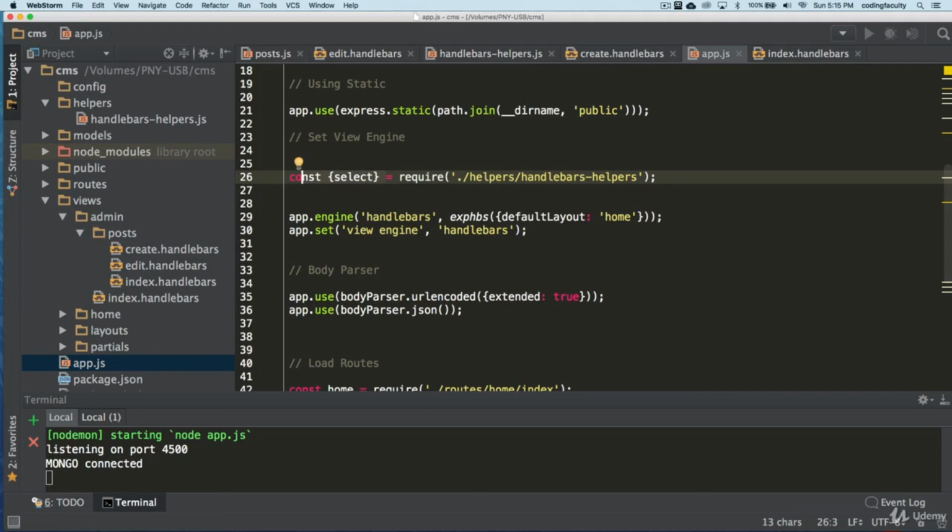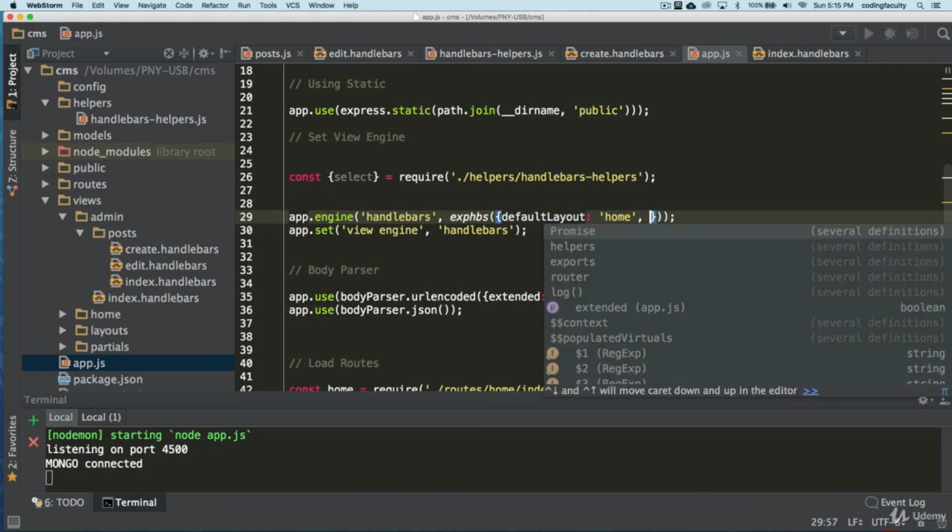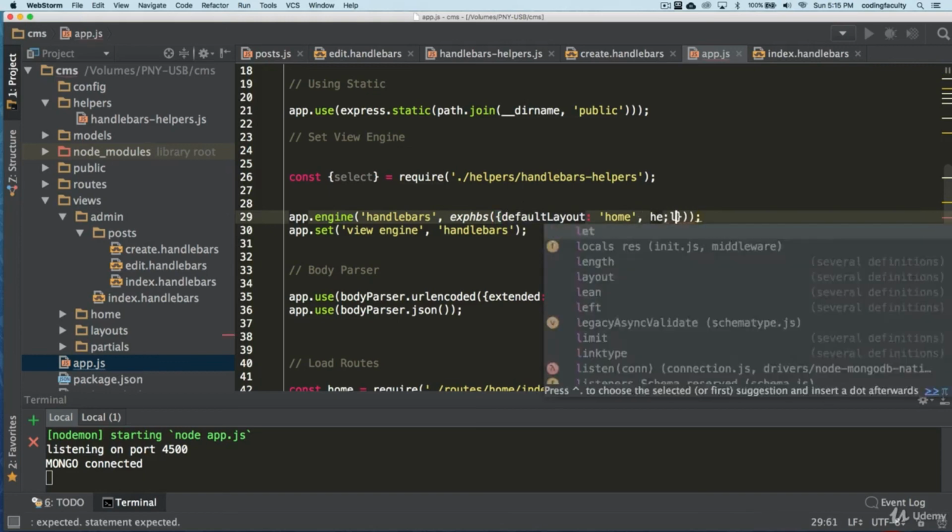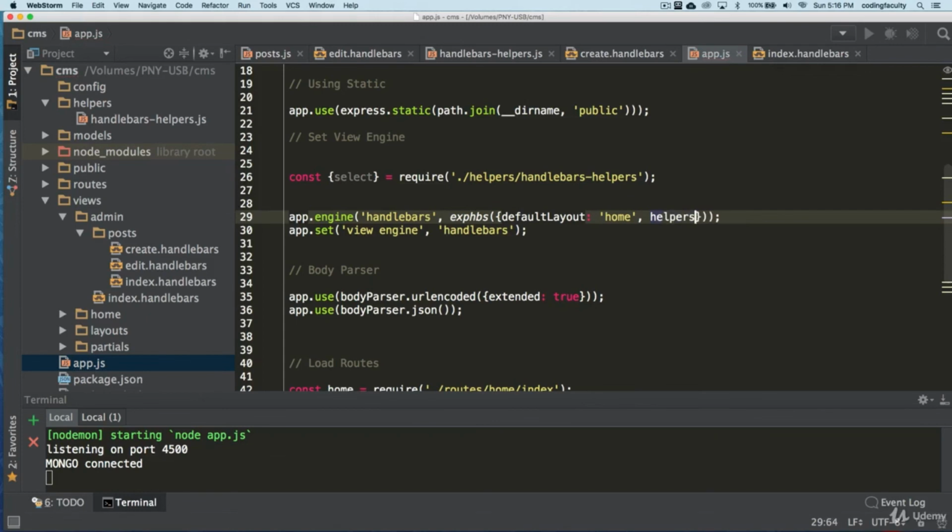So now we need to go and find out where our, oh, right here, express handlebars, where the engine function is. Here we can pass another parameter. We already have a default layout parameter. Let's pass another parameter which has to do with helpers. I'm not making these fields up.